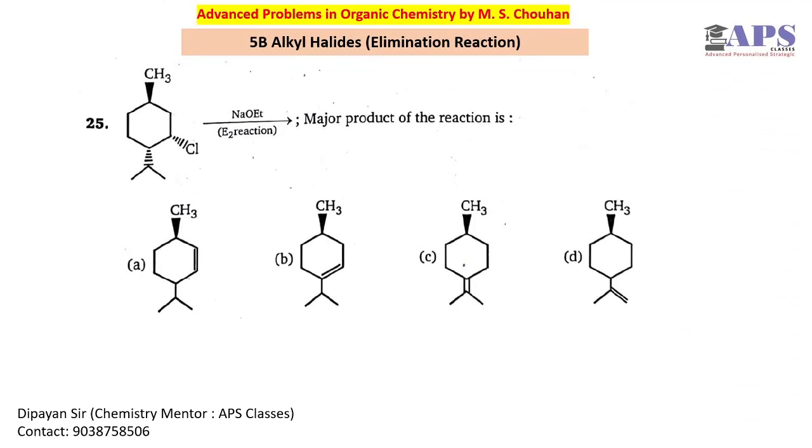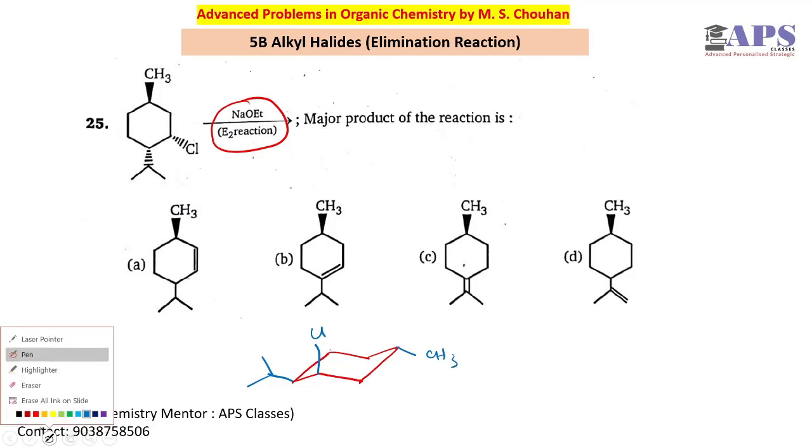Next question, we have E2 elimination. Now we have to draw this molecule in a cyclohexane form. If this is a cyclohexane, we can think of these two functional groups above the plane and this one below the plane, which is identical. Two are above the plane and this methyl is below the plane. There is no problem in thinking in this way. So we can draw it like this: these two are above the plane and this is below the plane.